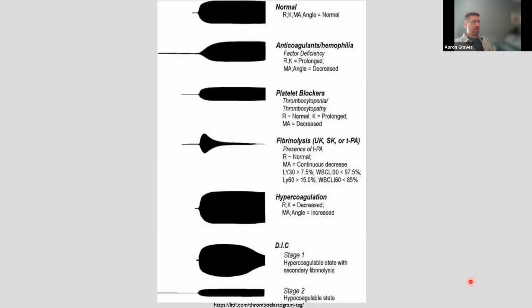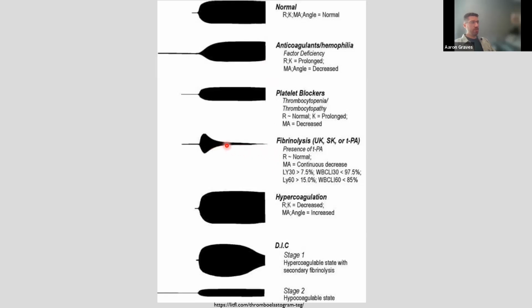I thought this was a neat graphic to show various phenotypes and the resulting TEG. So for example, here we have a normal TEG, pretty rapid R time, quick onset, good maximal amplitude, and a lack of fibrinolysis. Whereas if we go down, we can compare to anticoagulants, which as we'd expect would have a prolonged R time, so a long time for clots to actually occur, and then looks like slightly less maximal amplitude,